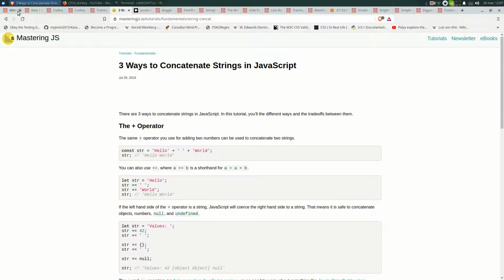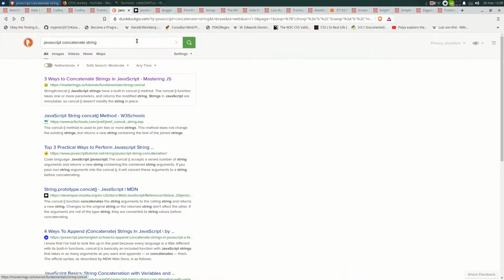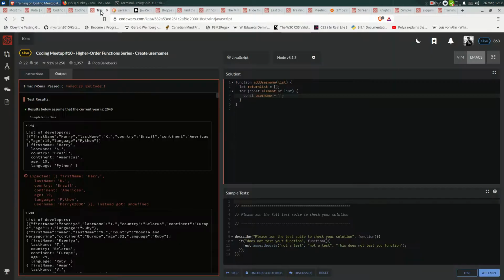Yeah, that's what I was wondering. Alright, so what we do over here is first to take username plus equals. Alright, so here we take the username plus equals, and then we take the element and the first name